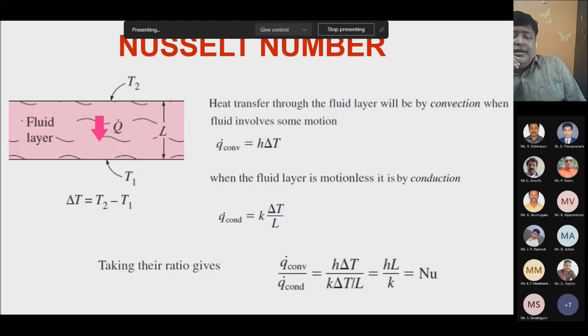Nusselt number, you can see in this case, if you want the T2 plate to get cooled down, what is our requirement? Should the fluid be stationary or should the fluid be moving? Our requirement is that when the fluid is moving, the plate will get cooled down fast. So we need more convection than conduction. Now the Nusselt number is hL by k. h tells about the fluid property, k tells about the fluid thermal conductivity. We need more h, since k cannot be increased. So when the numerator h is higher, the Nusselt number is higher.